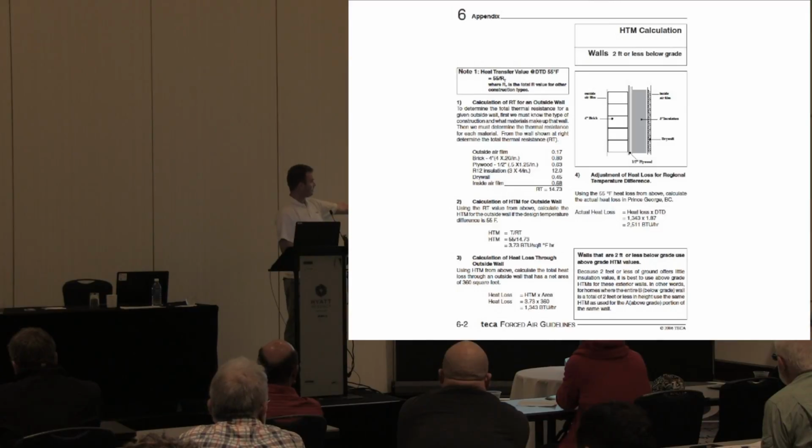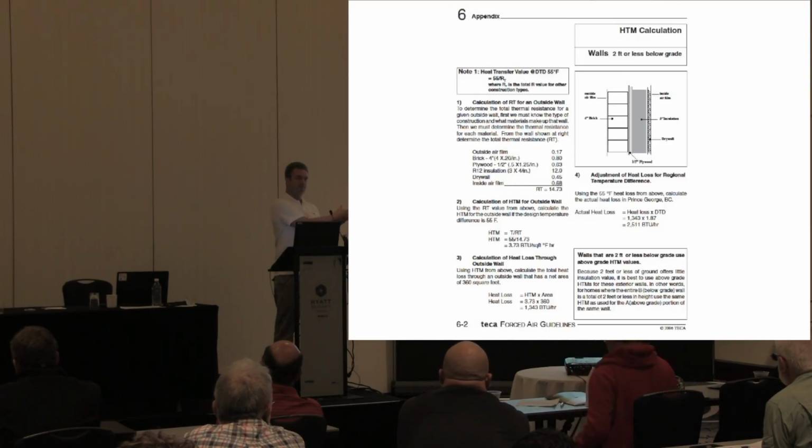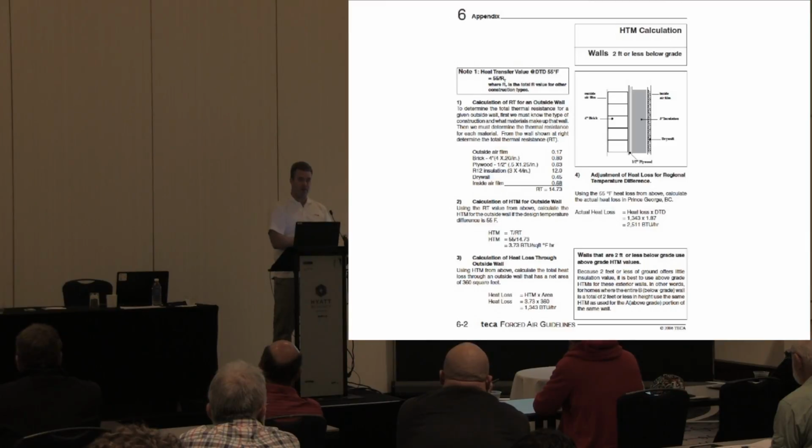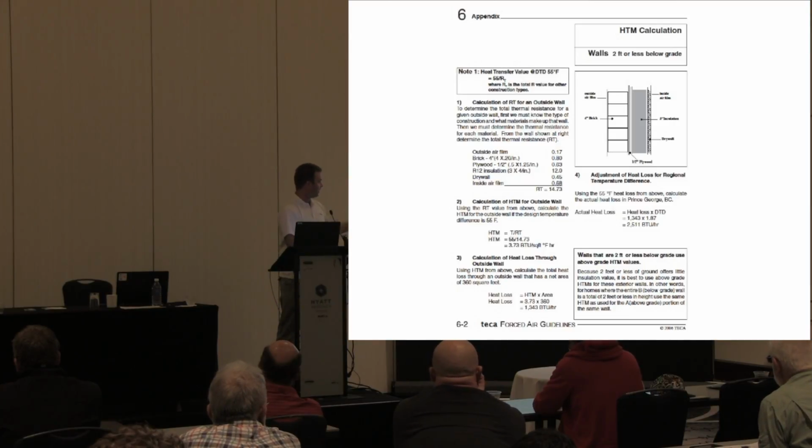So we have to divide by the temperature difference. Our base temperature that we teach at TECA is 72 degrees, and we count on a 55 degree temperature rise. So that 55 degrees is that 0 point that I was talking about, where we have to either put a multiplier to go warmer or a multiplier to go colder, depending on where you are in the province. So I need to get to that 0 point to get this factor, right? If we do 55 divided by 14.73, we get 3.73,